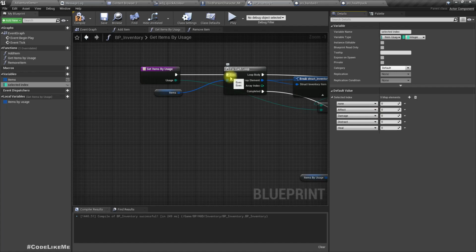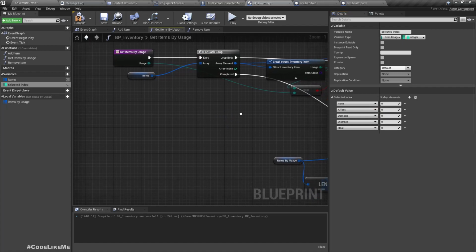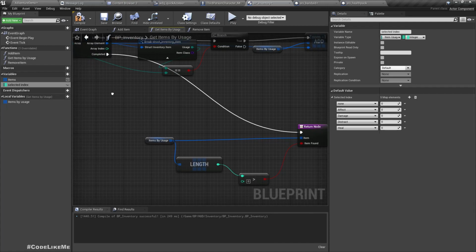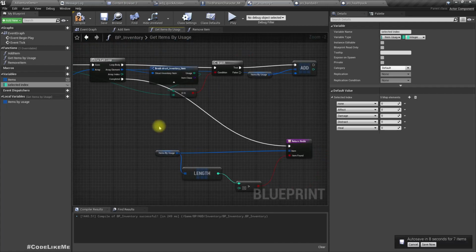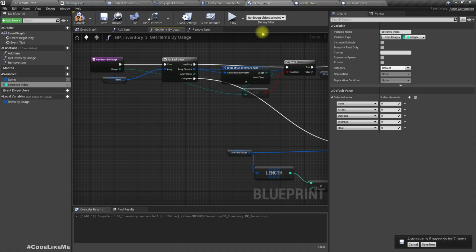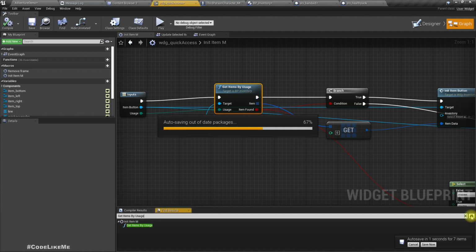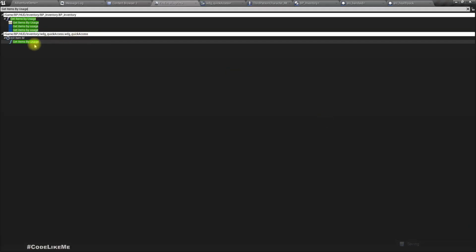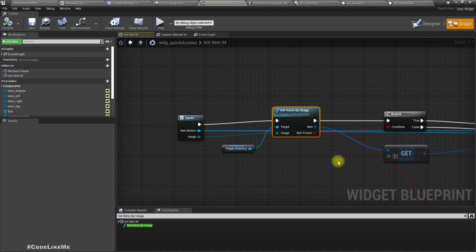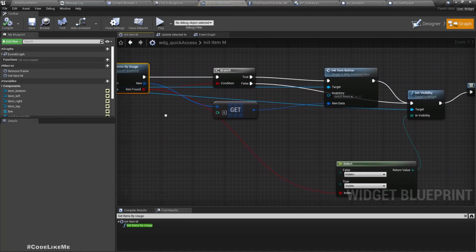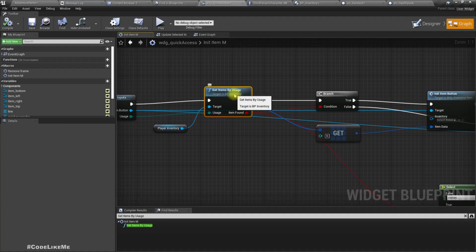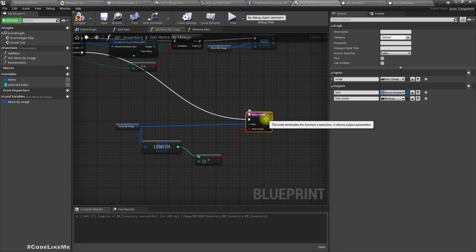Now I'm gonna change this get items by usage function a bit. Right, let me go to the place where we use this item. It is here, get items by usage. I don't think I have used it anywhere else. No, only here. Okay, so now what I'm gonna do is change the return type. Instead of returning an array, I'm gonna return a single variable,